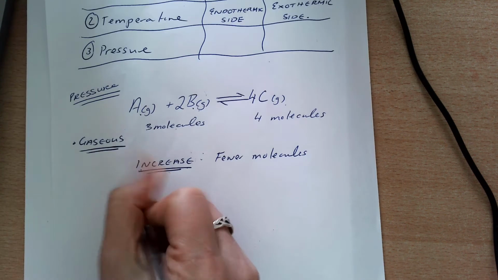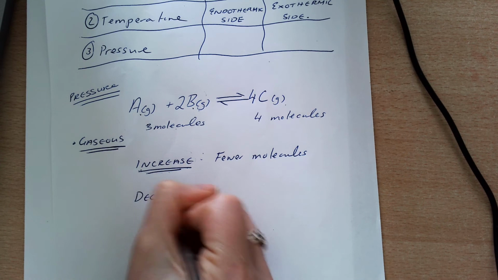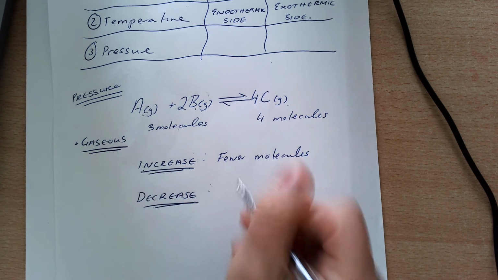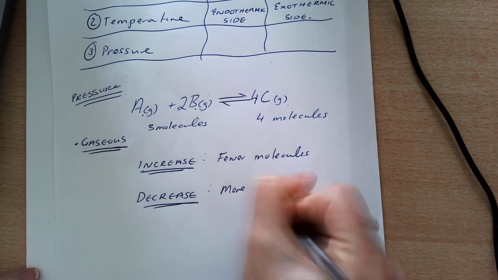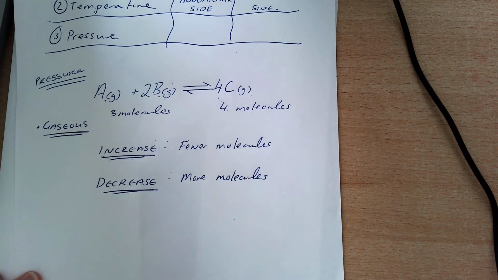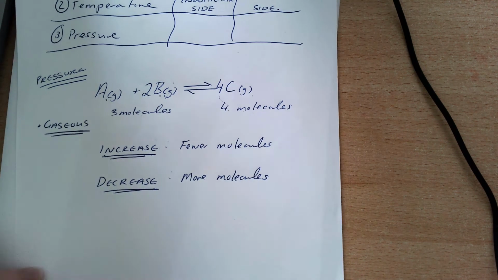Okay? If I decrease my pressure, it's going to favour the side with more molecules. So my right hand side in this one has 4 molecules, so if I decrease it, it's going to favour